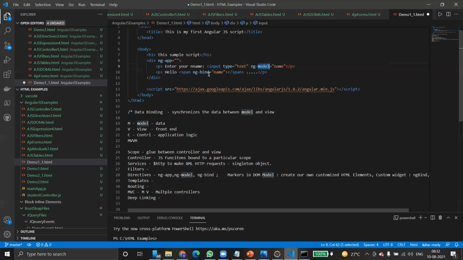Then finally, ng-bind. What is ng-bind? This is again a directive.